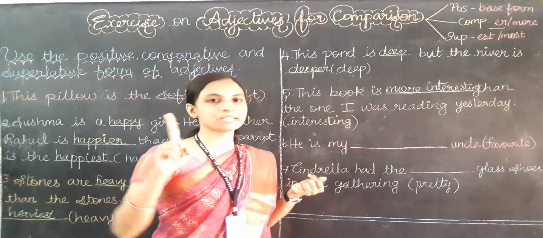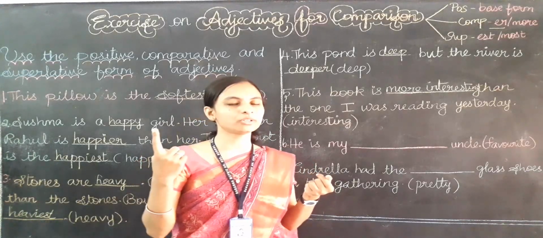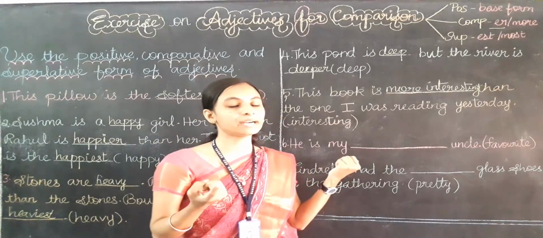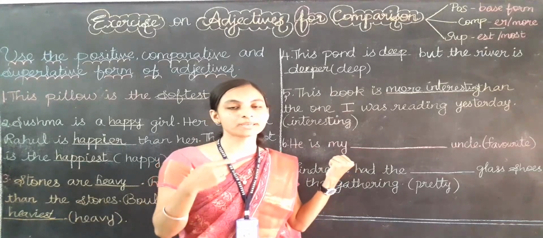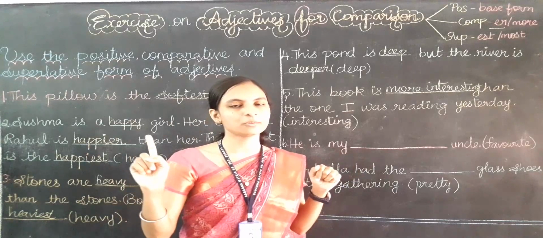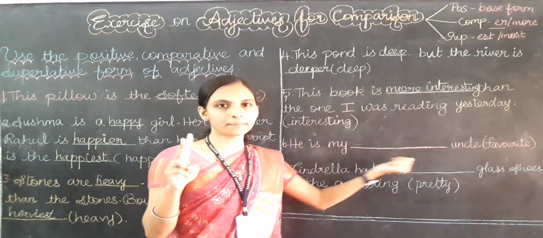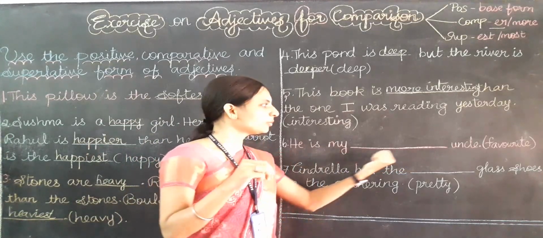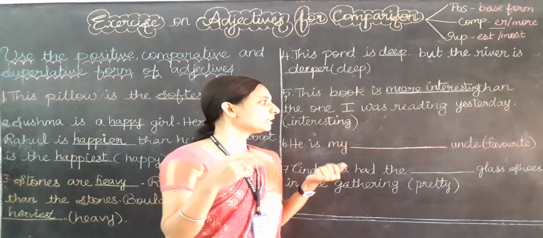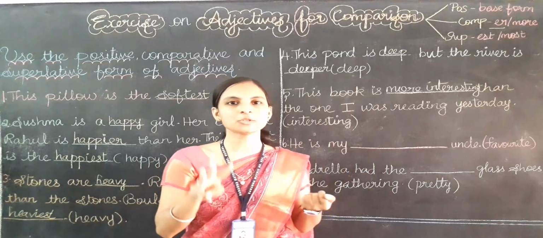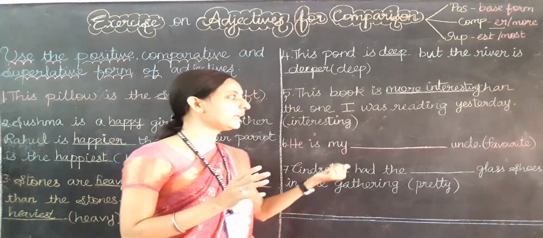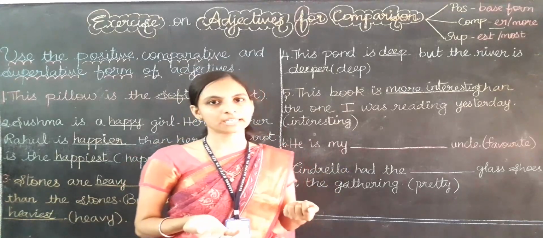First, if we are not comparing, we use the positive. But here, I am just showing the best of my uncles, because he is my favorite. So positive I can't use. What about comparative? Am I comparing this uncle with any other? No. This is just a sentence in which I am not showing any comparison. What about the third kind of form? That is superlative. Yes. Among all these uncles, I am telling he is my favorite. So here I need to use the superlative form of the adjective.